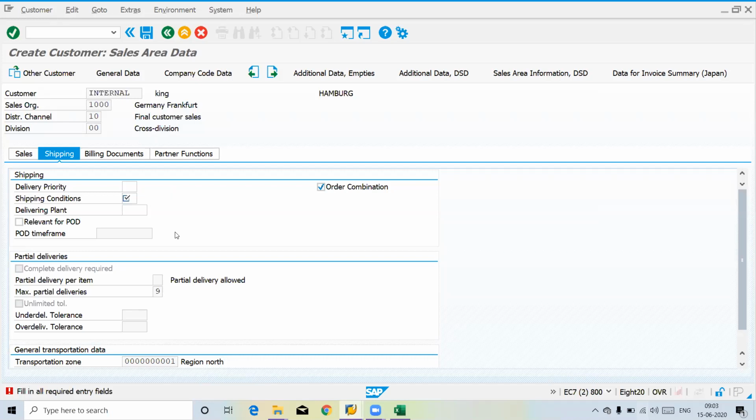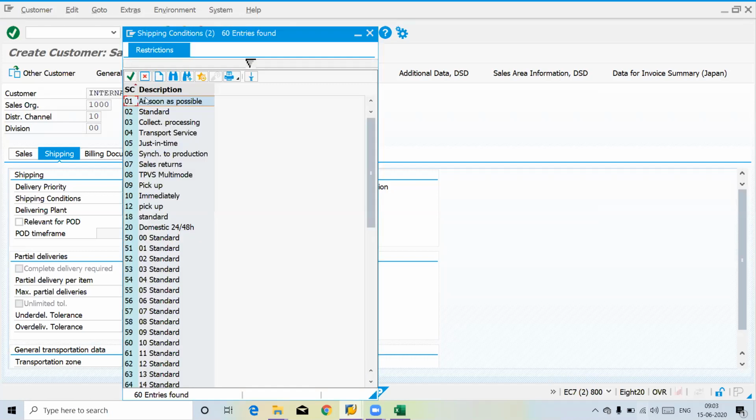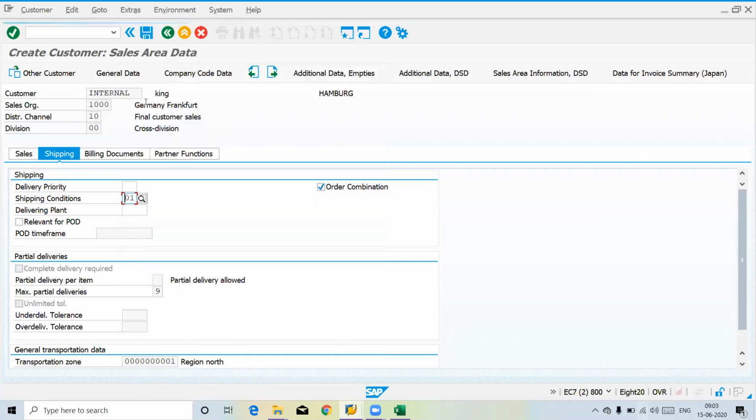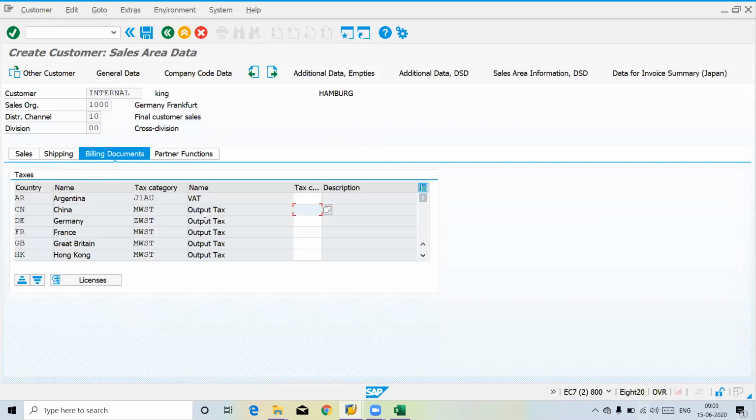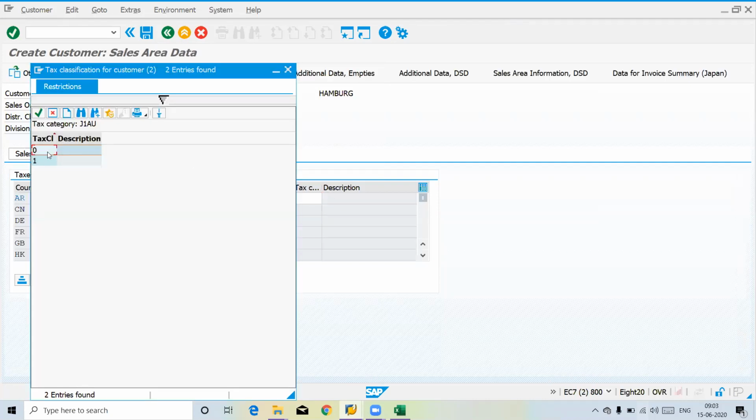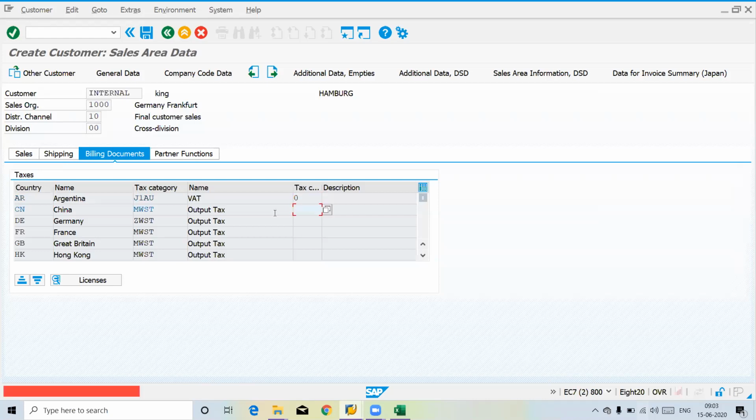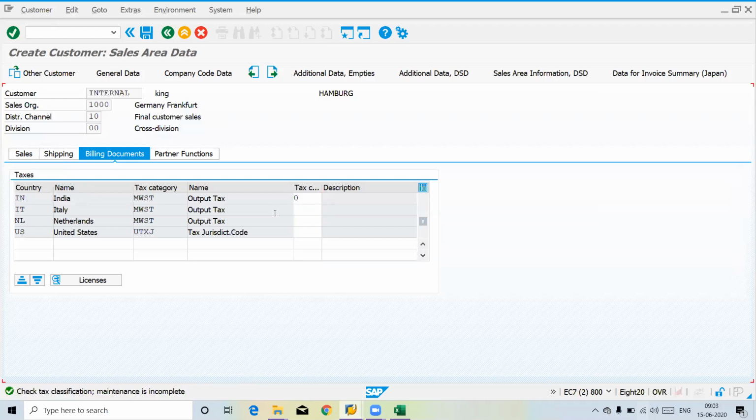As of now, I'm just showing a sample, that's why I'm entering the important data. If you go to billing here and try to save it, what is it saying? Your tax is mandatory. Without the tax, you cannot take it further. You got it, right? So you have to give the intelligence to the system, like which field is mandatory and which is not. As of now, I am randomly choosing because it won't allow you to take it further.